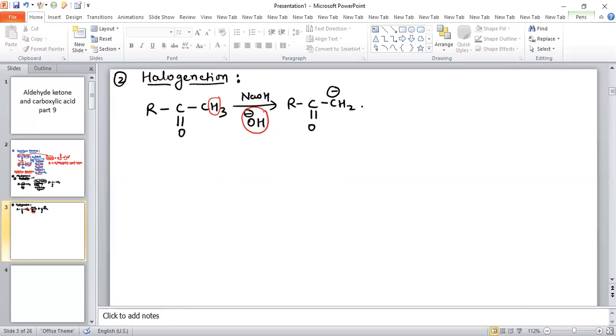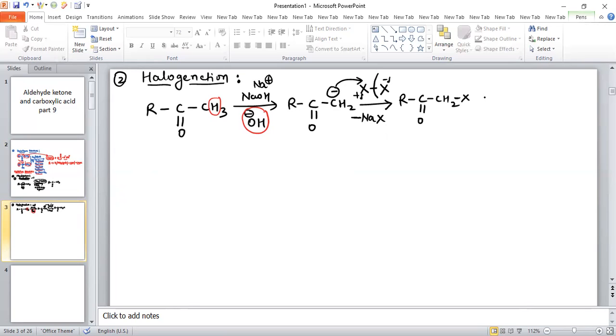Now again in the next step there is the reaction with halogen. So reaction with halogen. Now see. This X will be removed when this nucleophile attacks, when the nucleophile attacks on this partial positive. So this X will be removed. As sodium is also there in the solution, this sodium positive ion will be removed by X. So NaX is removed, and this halogen adds on this carbon atom. So when this halogen adds on this carbon atom, this is RC double bond O, CH2 and X.